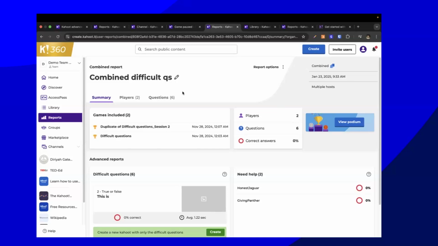Another thing as well, when you're in the reporting section, of course, you can view the podium. You can also copy the podium as well while you're in here. So for example, if you have an ongoing tournament or an ongoing session, maybe within your own channels, a great way to use the podium is, of course, when you're using an assignment as well, take a screenshot of that and post it in your social so people know where they stand on that. You can, of course, download the report, take you into an Excel format. We won't look at that too much today, but there's lots of options when it comes to the reports. But most importantly, it gives you really good insights into where the knowledge gaps are and what you can really do then to help people and track their progress.